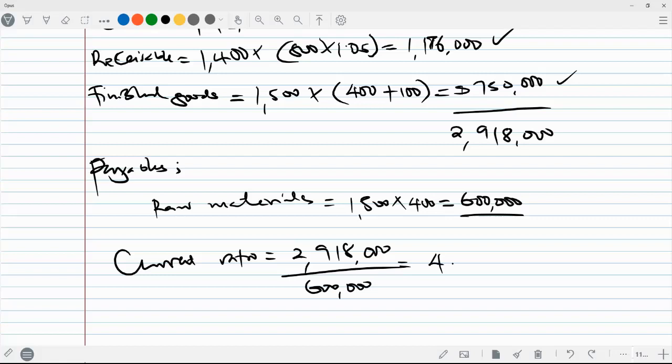Yes, there was a machine bought. Isn't that part of the liabilities? The machine is an asset. Sorry, yes, it's an asset. Do we include it? Oh yeah, it's part of it. So you get 4.86.